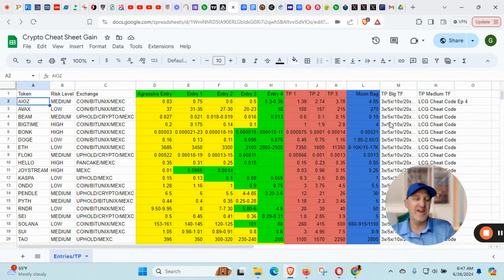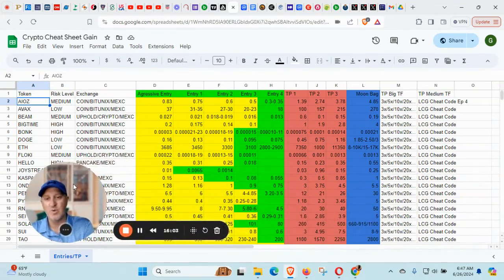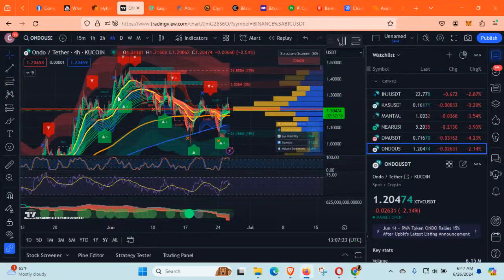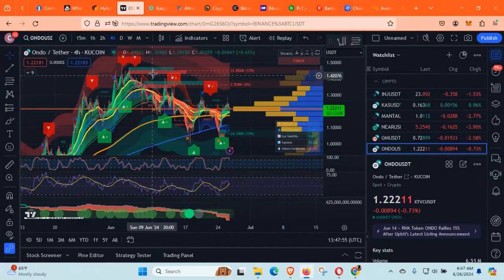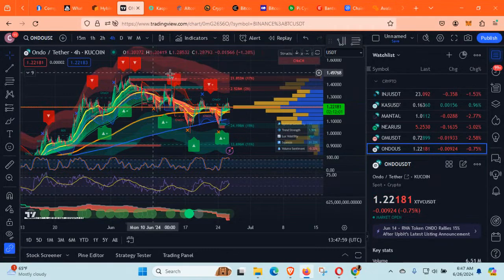Also, let's look at a couple of these coins. Let's do some TA on Ondo, and let's have a quick look at the coin as well. If we look at Ondo, one of the things that I've noticed here is we've established a little bit of a range. We have a range low here at around $1, and you can see there's significant support at this level, and we've established a range high at about $1.50, just short of $1.50.